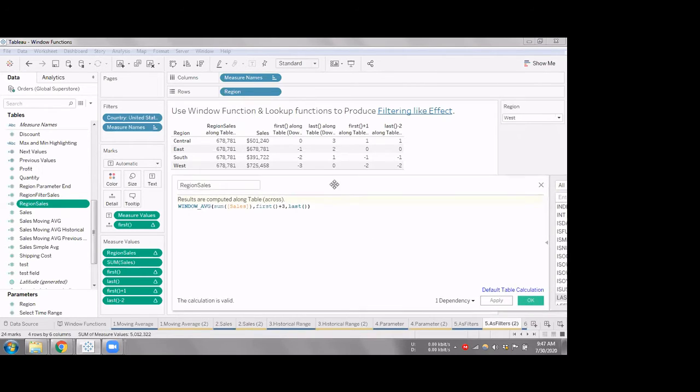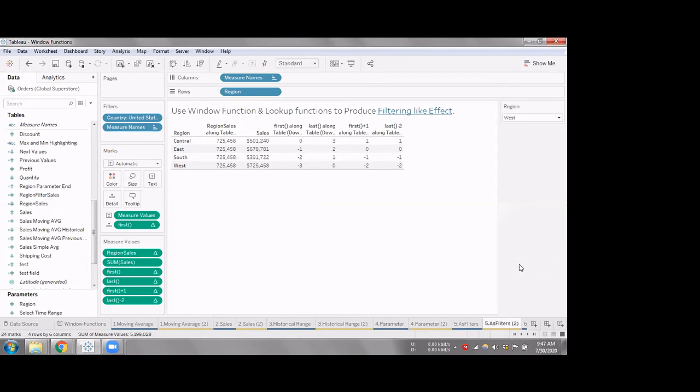Yeah, let's see that. 725. So that will give us minus 2. Okay, yeah, so I need to change here. First plus 3 and Last would be last. So 0 0. Likewise it will do for every other row. Okay, got it. So we can get a kind of effect like that, and if I do subtraction, I can just get the comparison between those two as well.